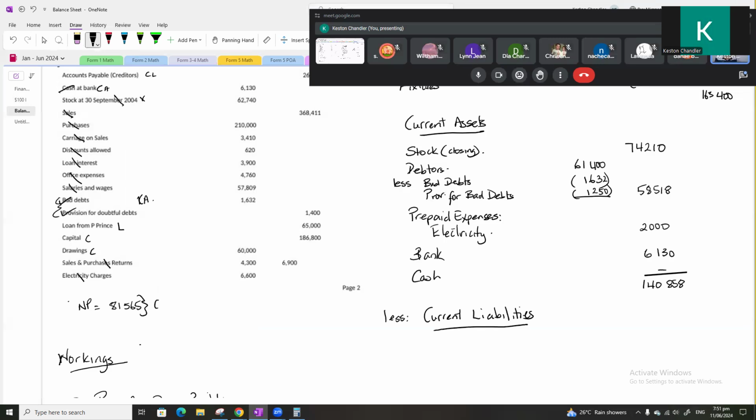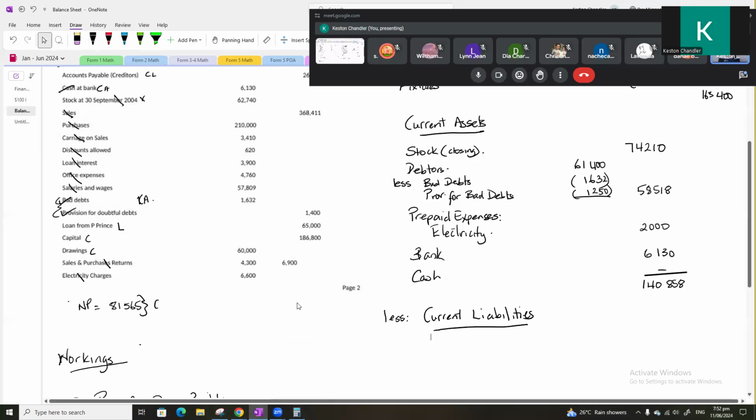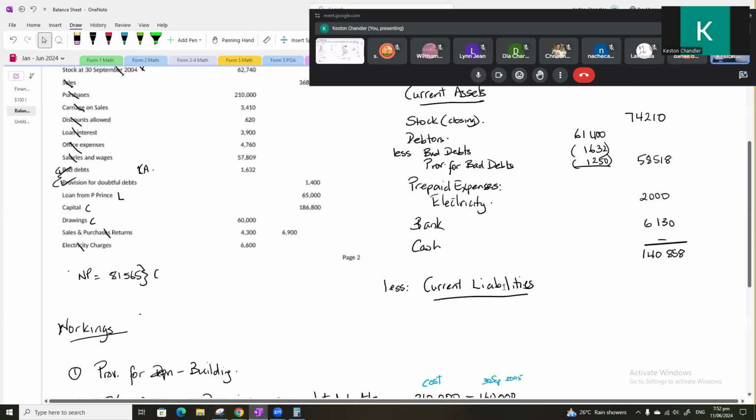Now, the working capital is an important figure that we should include in our balance sheet because it tells the readers of the financial statement of the balance sheet how liquid the business is, meaning how well its current assets can cover its current liabilities, how well the cash values or cash equivalents they have currently could cover their immediate or short-term debt, right? So current liabilities include things like our,